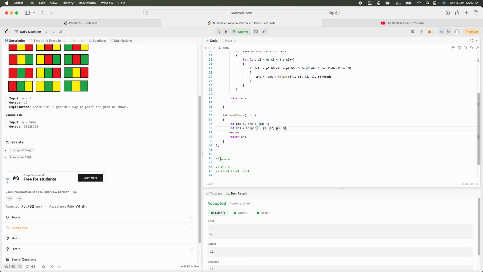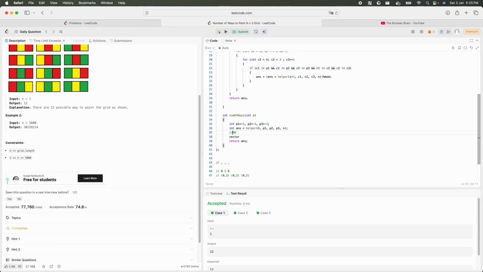If I am going ahead with the 0th row and on the 0th column, with coloring p1 into this 0th, p2 into this first and p3 into this second, what would be the answer? That's how the state will define and be present. That's the reason we are requiring 4D,